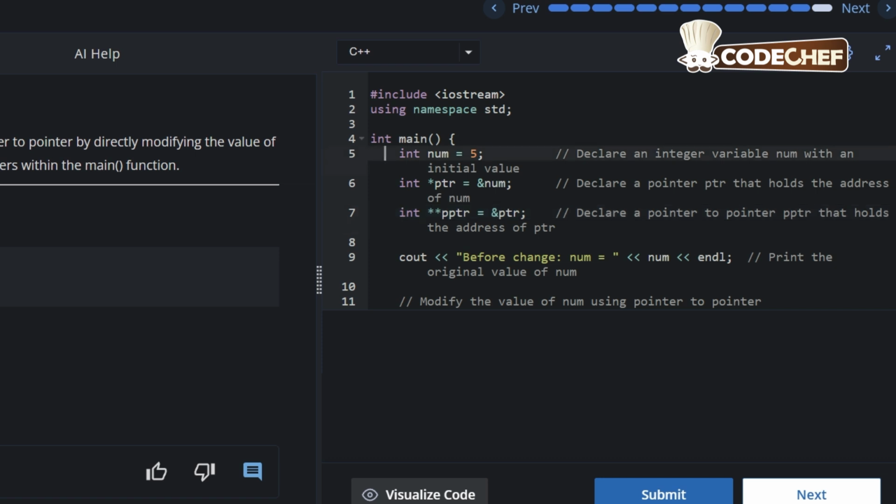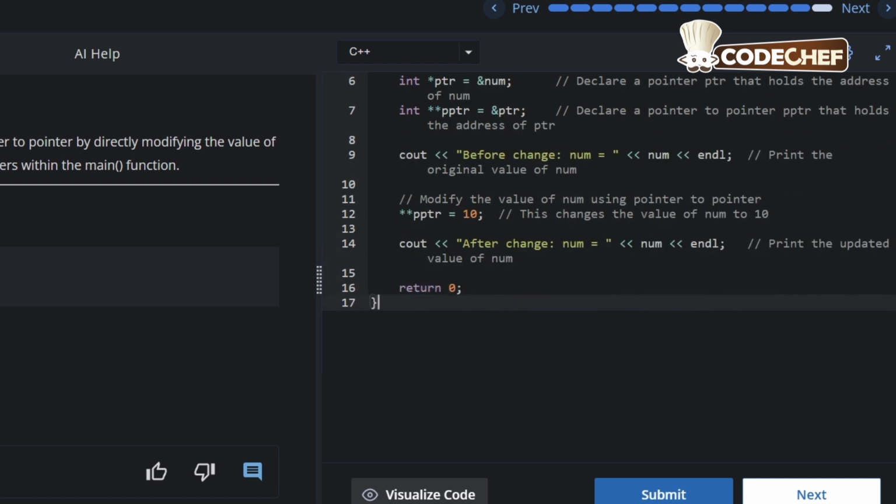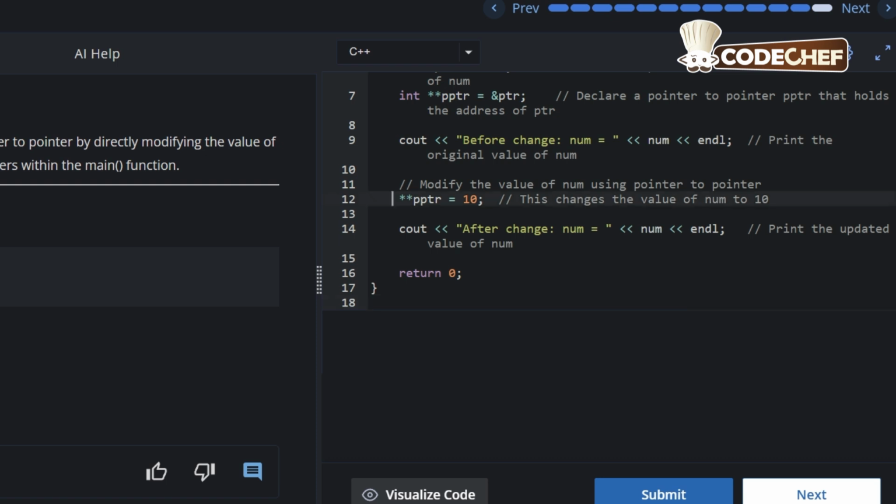Now what is happening here? First we are declaring and initializing a variable num whose value is 5. Now we are storing the address of num in pointer ptr, and then we are storing the address of pointer ptr into another pointer variable which is pptr. cout << "Before change: num = ", then the value of num variable will be printed, endl; Then **pptr = 10;